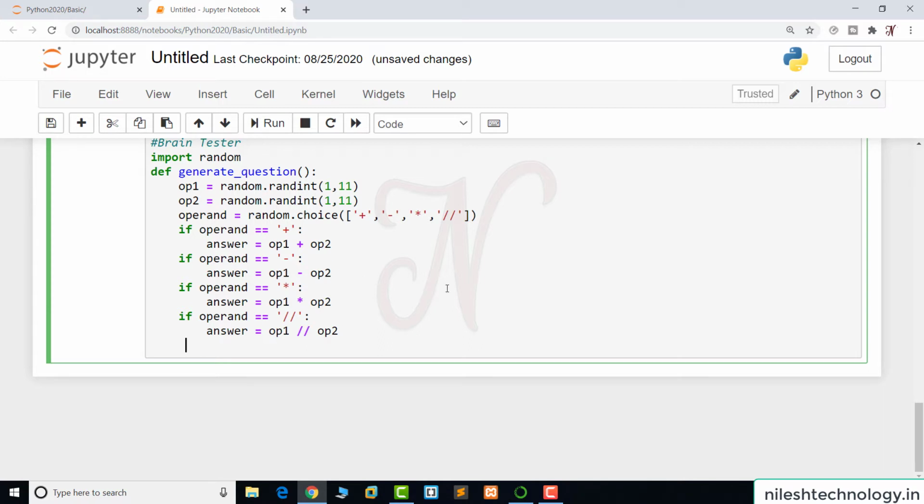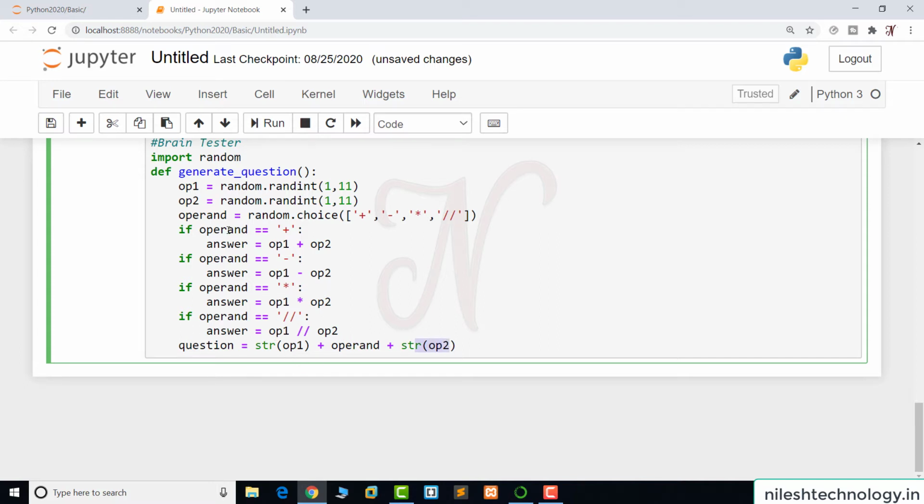So here we create one question. We concatenate the string. This is my first number, concatenated to the operator, and again we concatenate the second operand. So by using the plus operator, we concatenate the string, then operator, then again string.